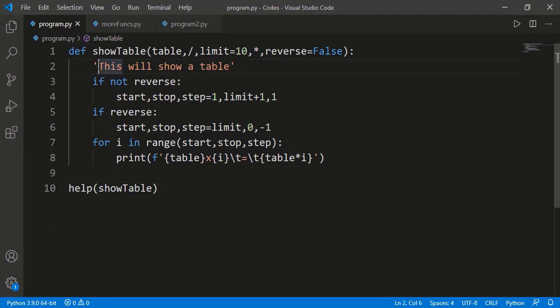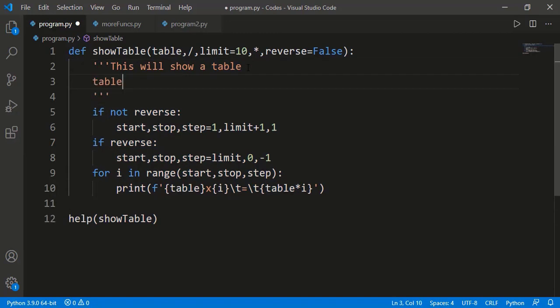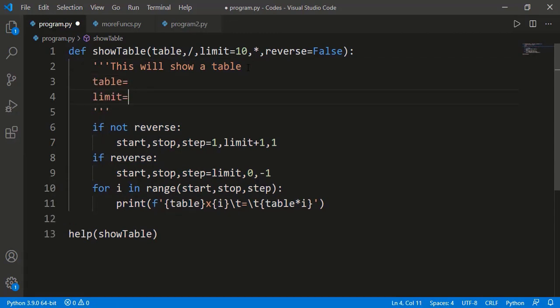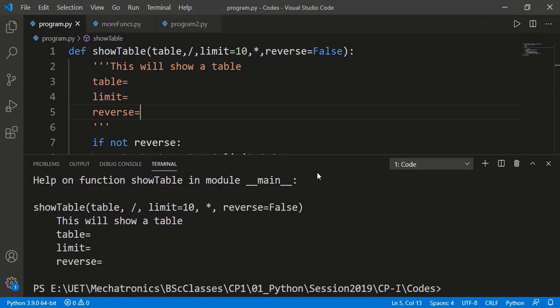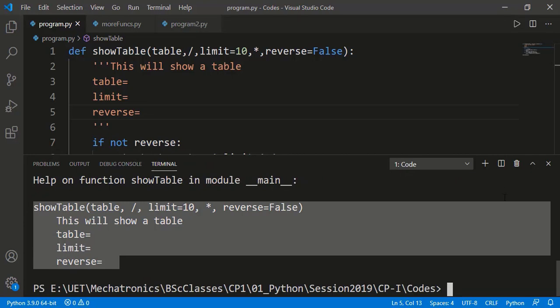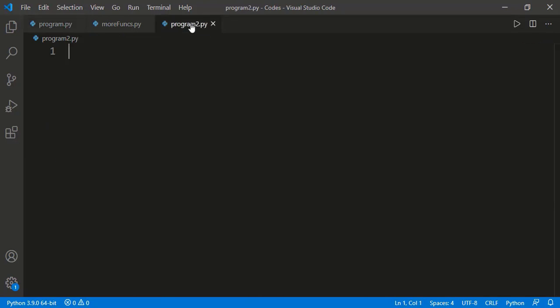Instead of a single line string, we can have multiple lines using 3 single or 3 double quotation marks. We can actually describe what each parameter means here. I will leave that for now. There is a standard way of writing the doc string and the link for that is available in the description.